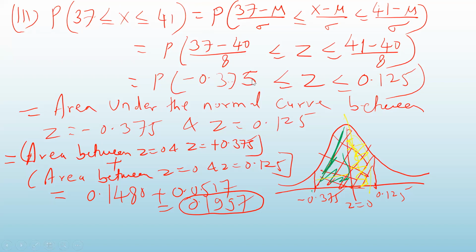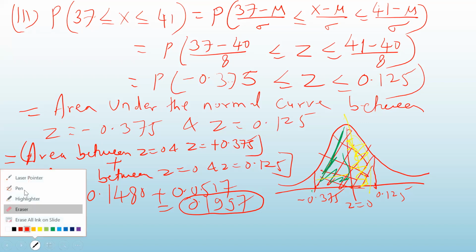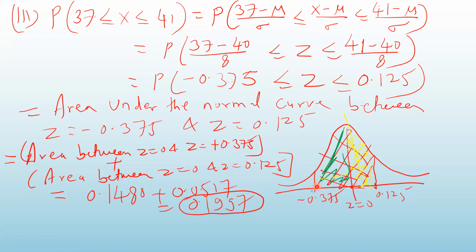Now to find this probability, you have to draw the normal curve. And then you will have to see the probability that z is between these two numbers, and see where these numbers will be. So minus 0.375 you have to draw roughly. You don't need to take a scale. So minus 0.375 will be roughly on the left side somewhere here, and 0.125 will be here. So what you have to do is find the area from minus 0.375 to here, this entire area.